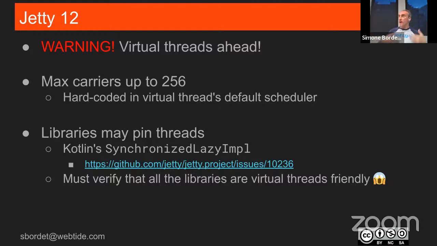So you're going to pile up requests until everything explodes. And this is also because virtual threads have this property, or not a property, or a feature, but not a feature, depending on how you call it.